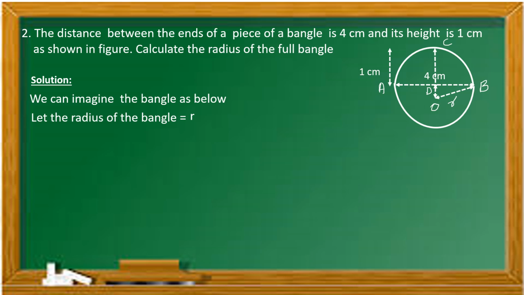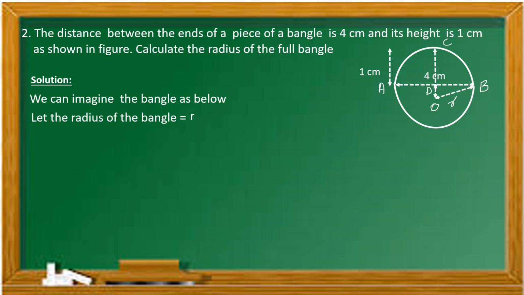Why? This is the perpendicular drawn from the center to the chord. AB is the chord of the circle, and the distance drawn, that is OC, is drawn perpendicular to it. So AD and BD will be half of 4 cm. And then,